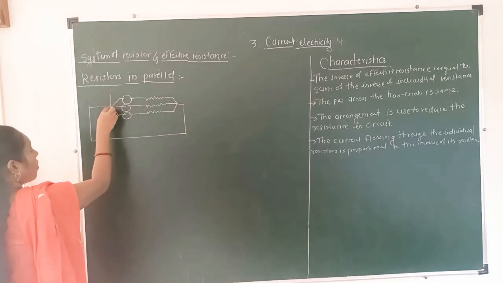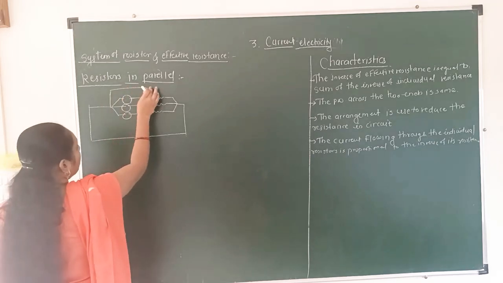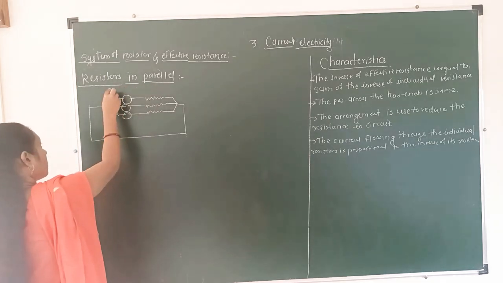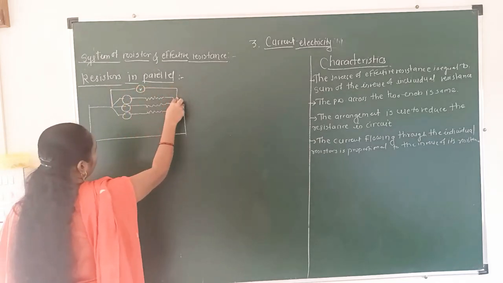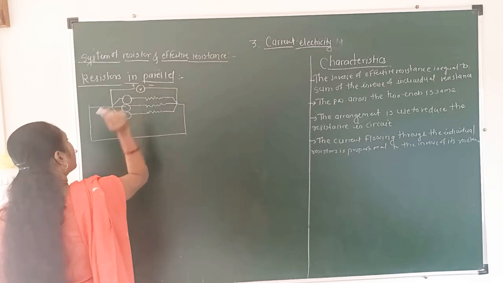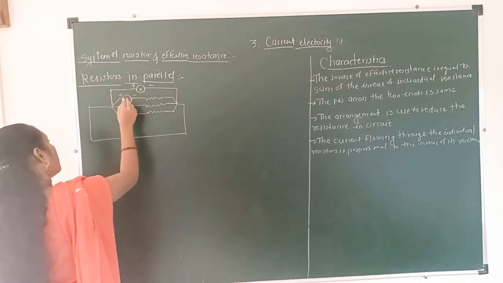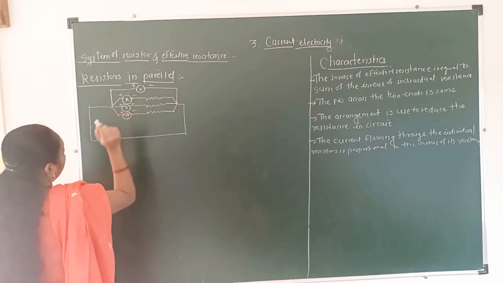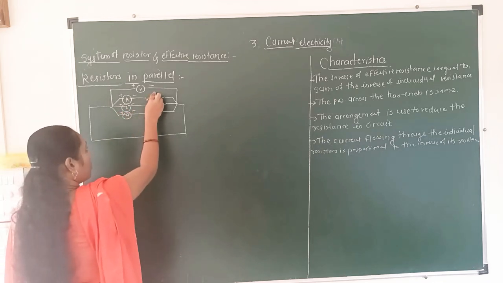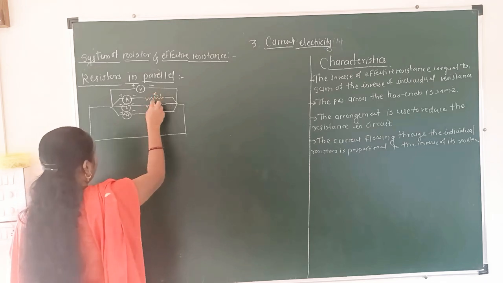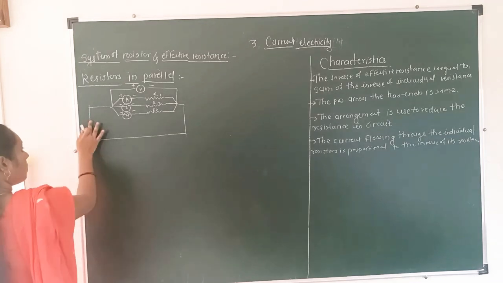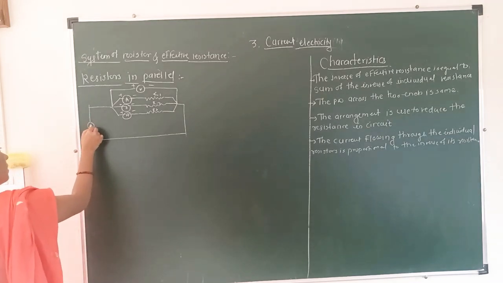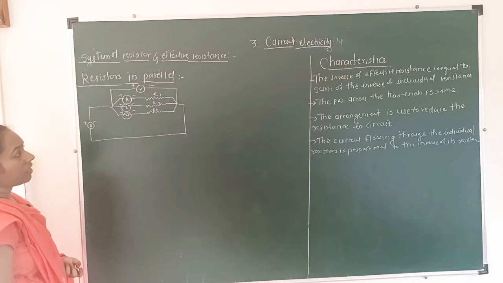Here is the voltmeter connected in between this parallel series. Here is the voltmeter, here is the positive terminal, here is the negative terminal. Here is the ammeter, here is the positive terminal, here is the negative terminal. Okay, this symbol is shown resistor R1, R2 and R3, three resistors. Here is also an ammeter which shows the current flowing through the circuit.